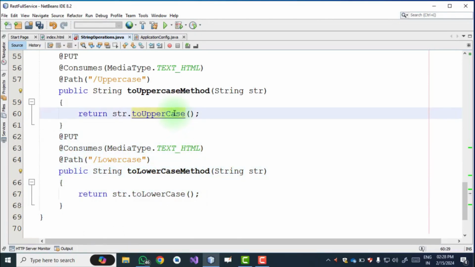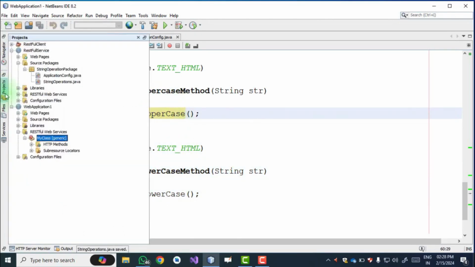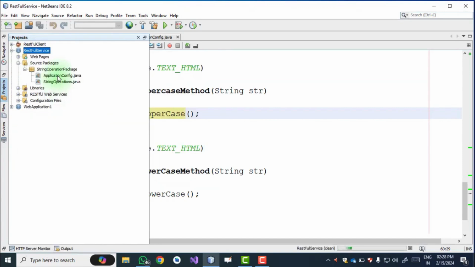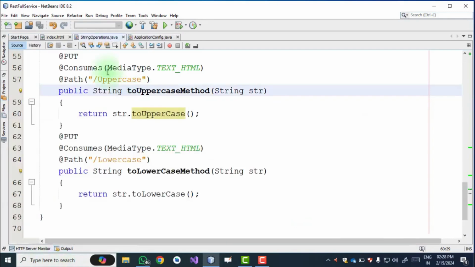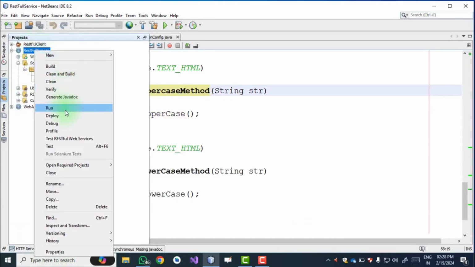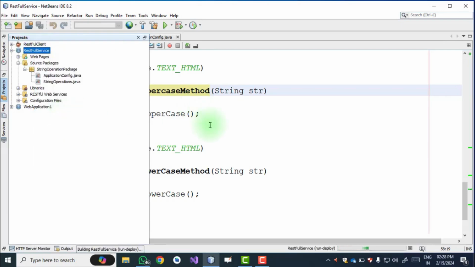Now we execute this web service. So go to the web application. First click on Clean. As we can see here, it will clean all the garbage values, all the non-usable objects, right? Now next, right click, then we click on Deploy.